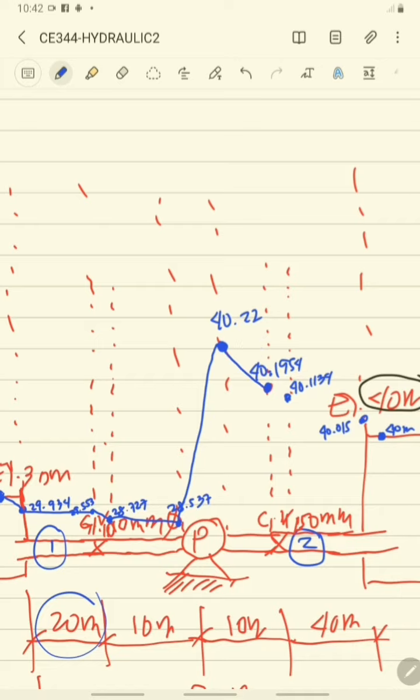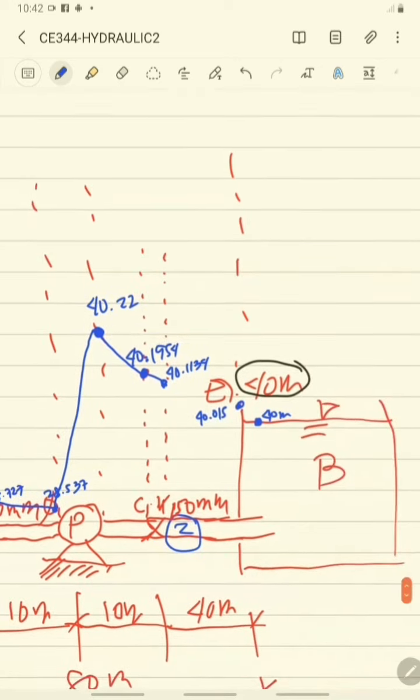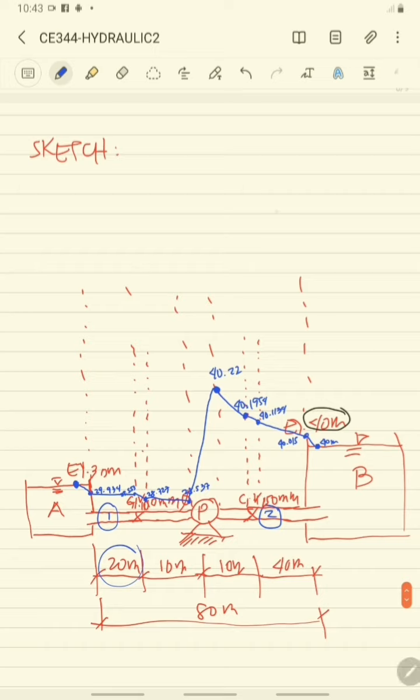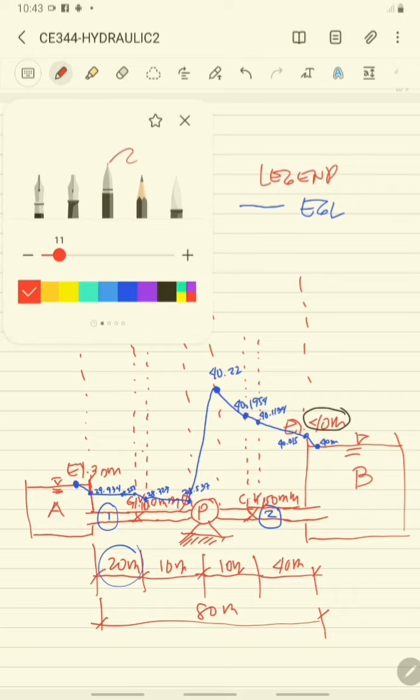Okay, so we have here, then we have here and here. So this is my energy grade line, the blue. This is our legend, no? The blue is energy grade line. So for the legend, I'm just using the legend. And maybe for the, I have to choose black, I guess, for my